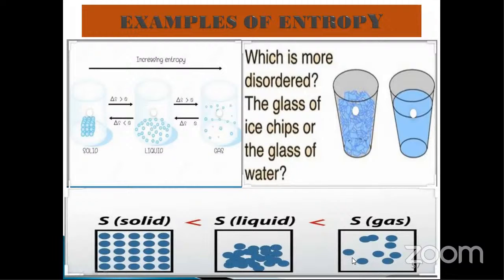In this way disorder is increasing from solid to liquid to gaseous states. Gaseous state is the most disordered and solid state is the least disordered. Means entropy is least in solid state, entropy is highest in gaseous state, and intermediate in the liquid state. Then